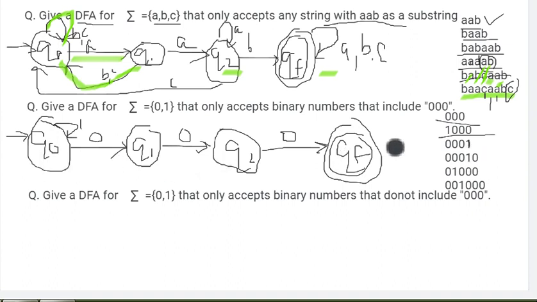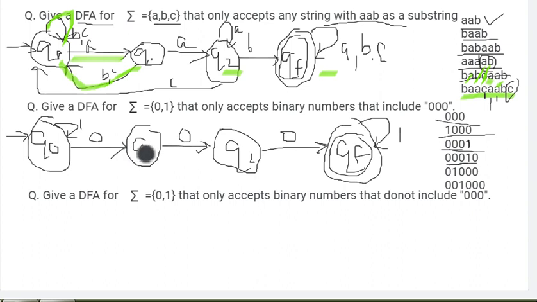It is 0 0 0. It is reaching the final state. Why? It means it should include itself. So at the end 1 is coming, let it be in the final state. It is in the final state. Machine can halt. So this is also possible. Here 0 0 1 0. In between 1 is coming, then also our machine should halt. Why? Because together 3 zeros are coming. Our motive is to include any string which is having 3 times 0 together. Okay, so here we can see that if it is 3 times 0, let's check it.